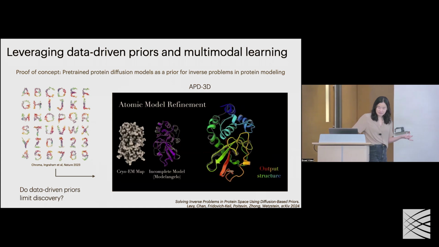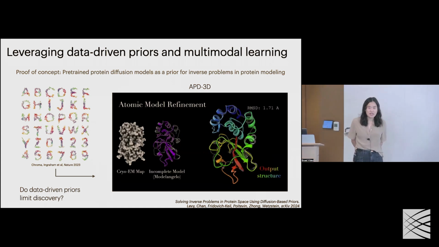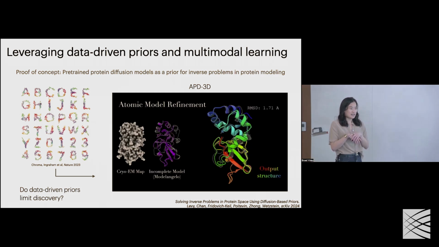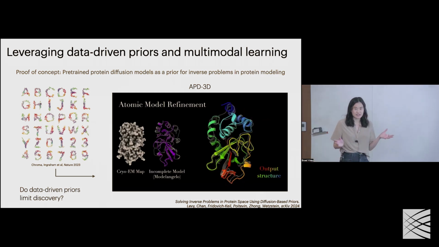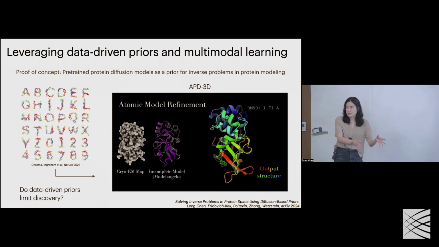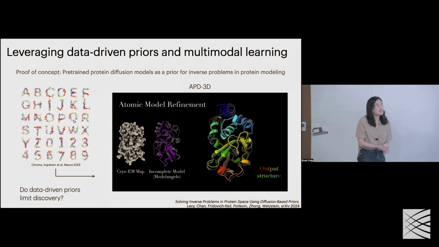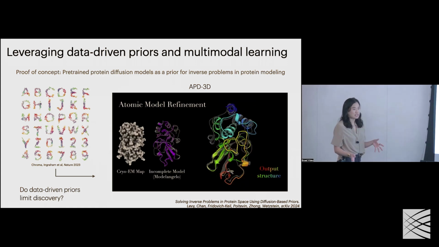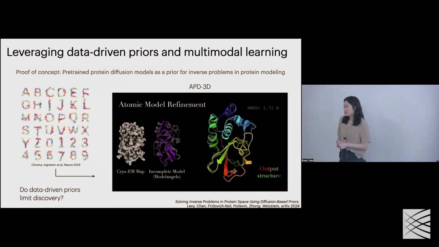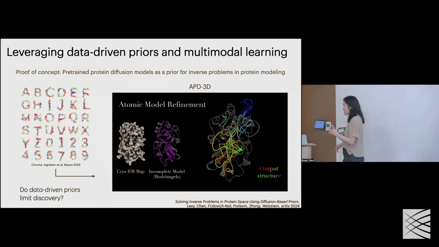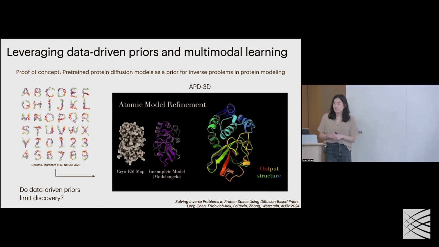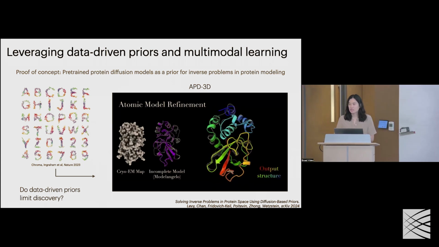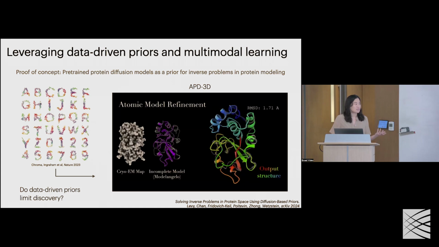One thing to keep in mind that is always top of mind, especially when we're combining these large generative models trained on existing proteins versus new experimental data of new proteins that we want to solve, is how much do these pre-trained models limit the ability to discover new things? So I think that's one core question to consider, especially with respect to validation and with respect to what you want to get out of your experimental